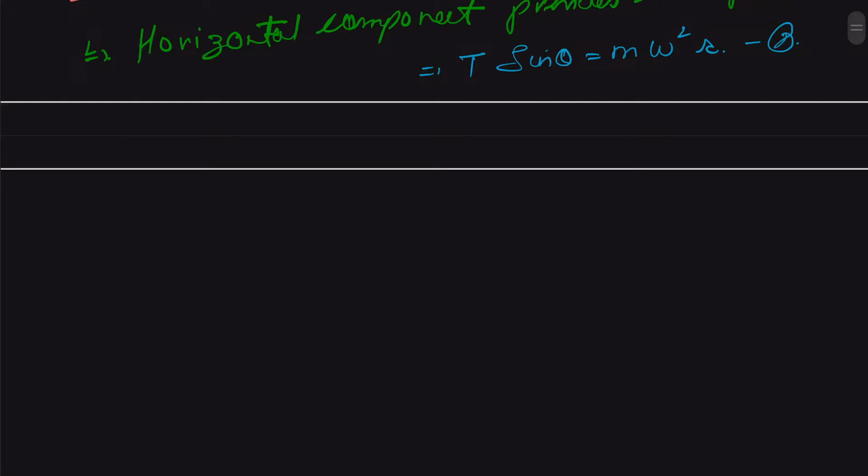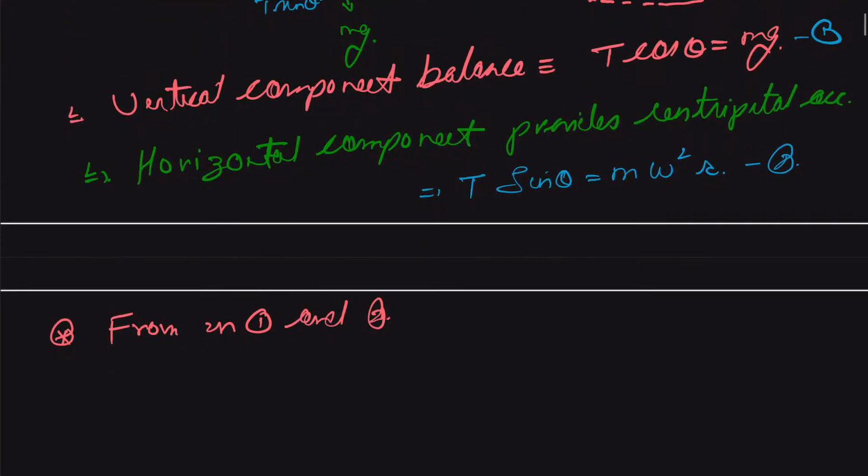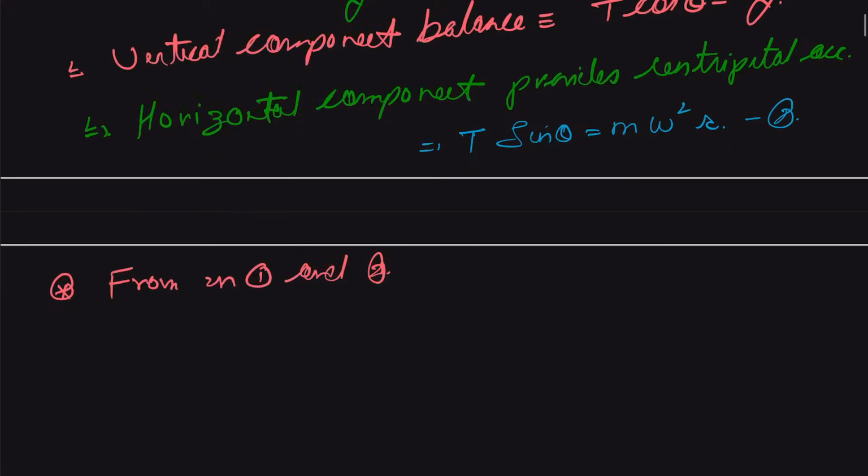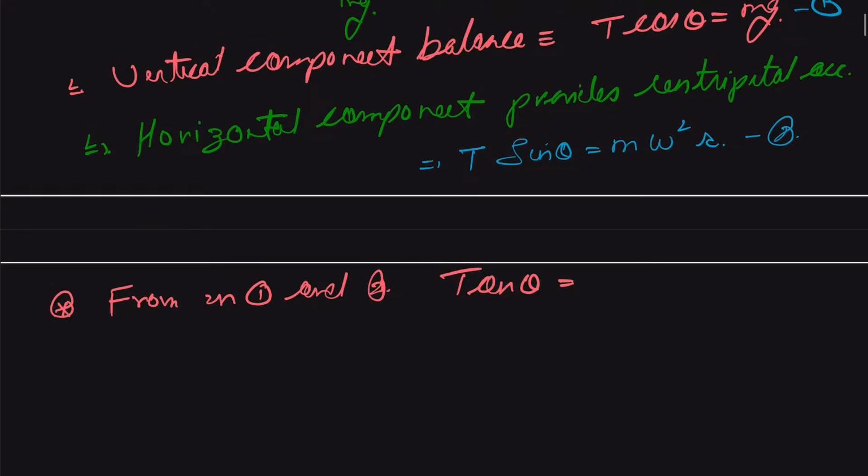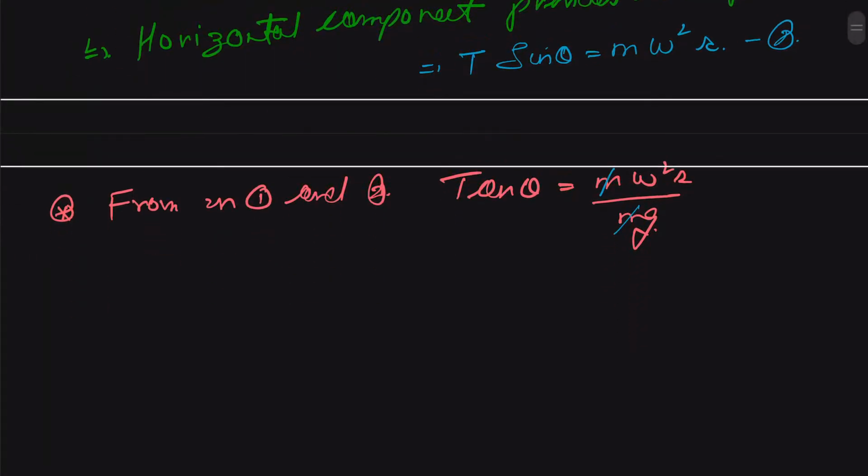So from equation 1 and 2, we can write that tangent of theta will be equal to m omega square r divided by mg, and we can cancel out the mass here, and we can further write it as